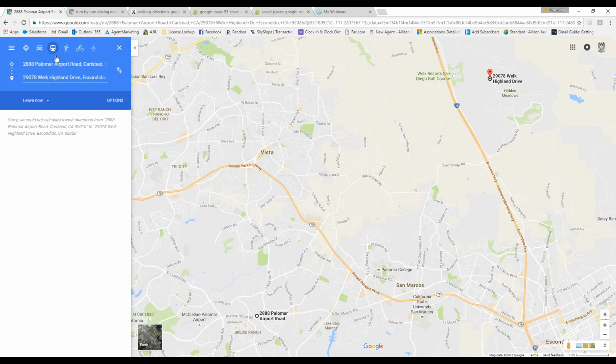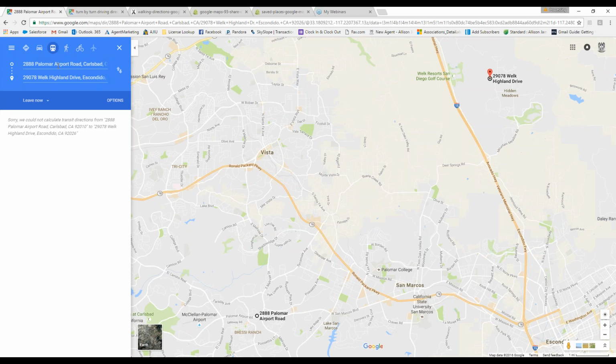But another neat thing that they have is being able to share directions for somebody else. So say you are in a specific area and your friends call you, or your family, and they want to know where you are, and they want to meet you for dinner. So in order to share step-by-step directions from one place to another, you would simply put the start and end points into the Google Maps app. So just like I did up here on the screen,